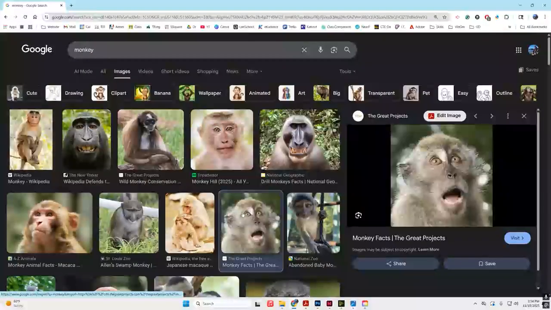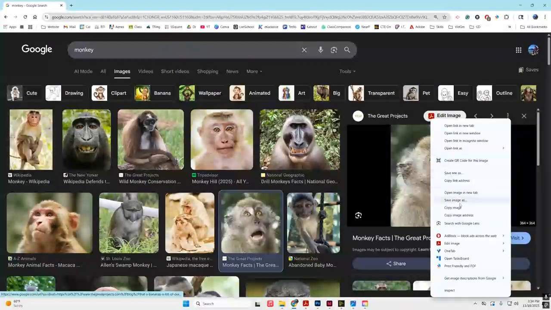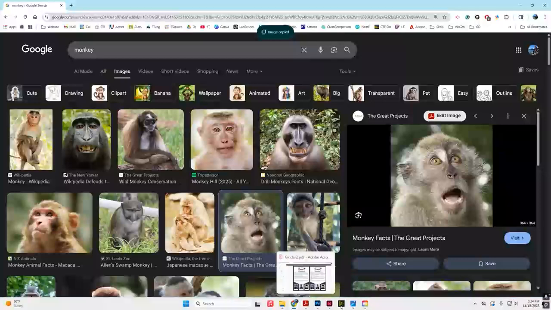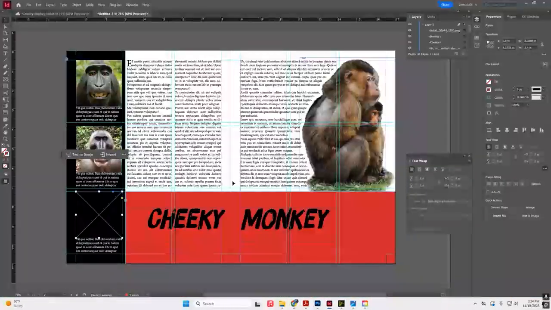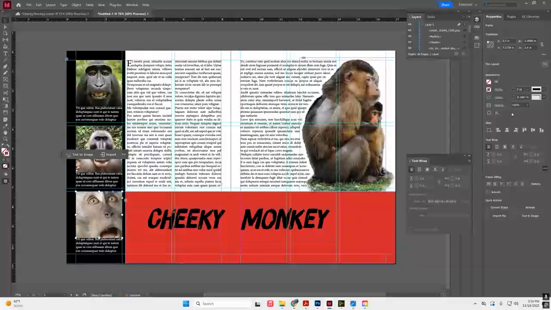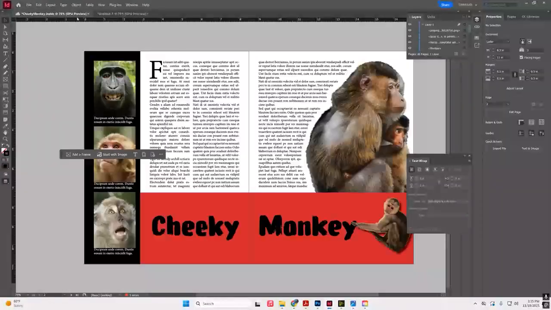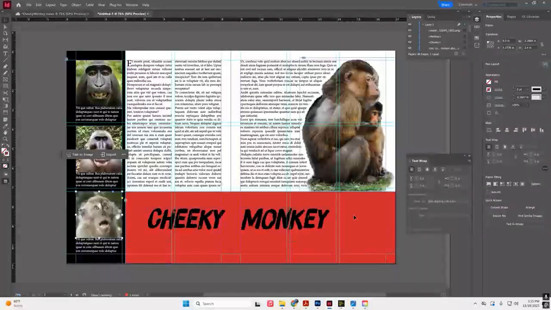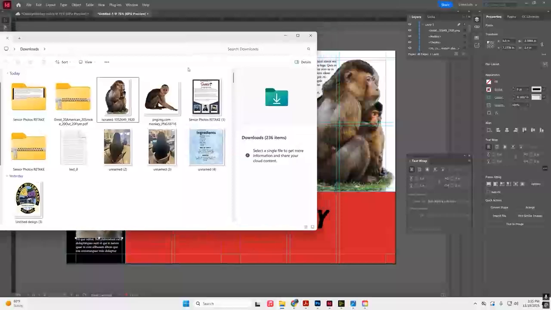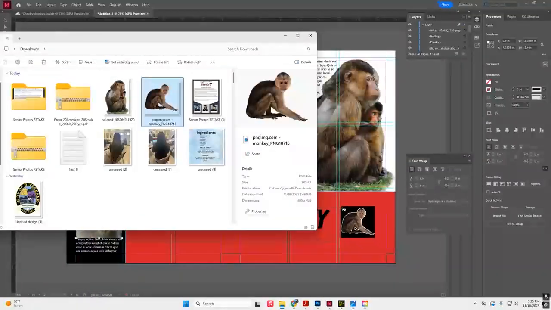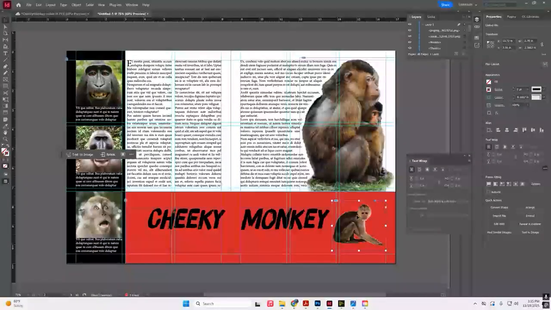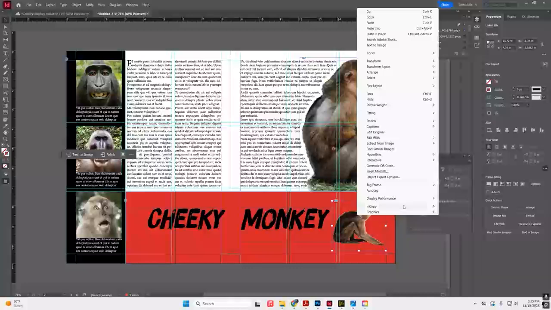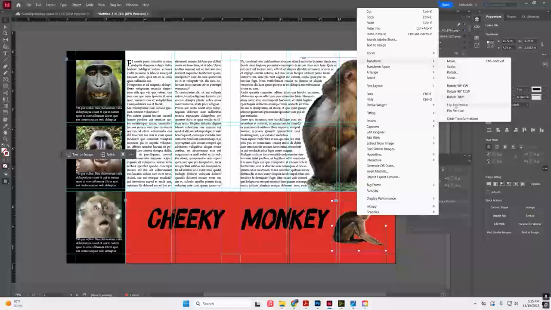And finally, okay, now what are we missing? This little monkey right here. So that's another image that I gave you. So I'm going to take this guy, bring him down. And then I'm going to right click on him, transform, flip horizontal,